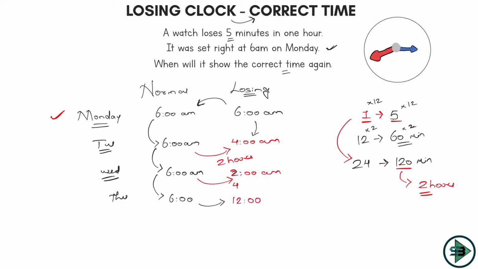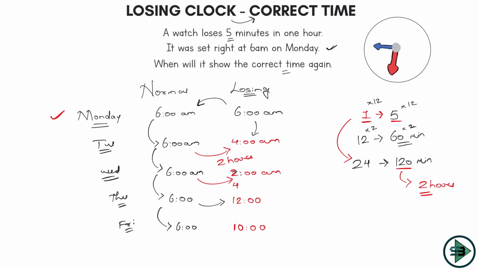Okay, now what will happen to the next 6, which is say Friday? Okay, you're not supposed to solve like this in the exam. This is I am telling you because of your better visualization. I can just give the answer in one line, but let us visualize this even better. What will happen on Friday? It will lose by 8 hours. If it loses by 8 hours, this will show 10.